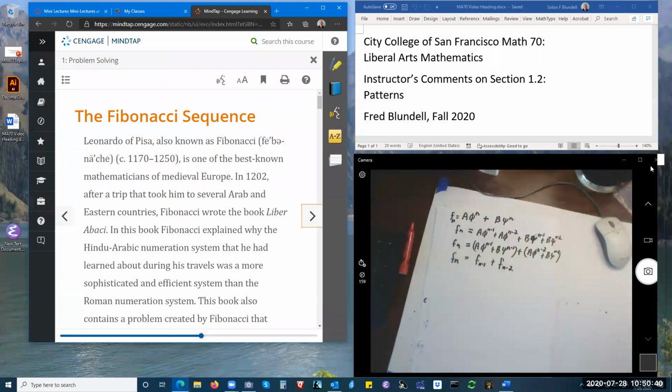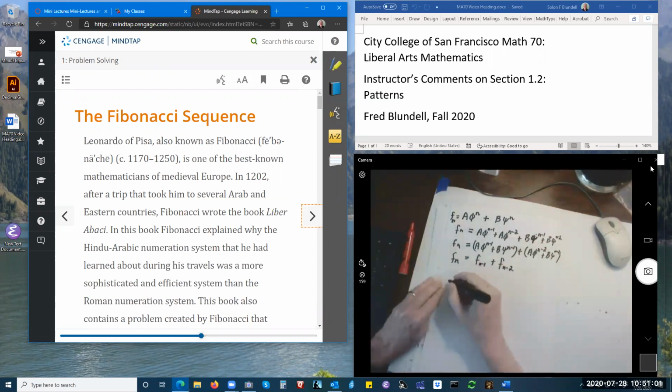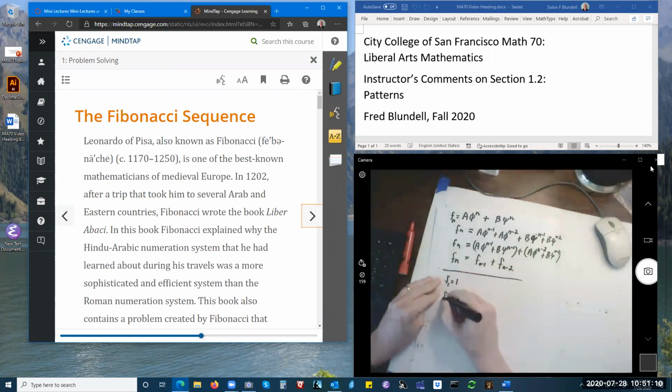So, depending on how I pick the A and the B, I could make many different Fibonacci type sequences. But if I want F1 to equal 1, and I want F2 to equal 1,